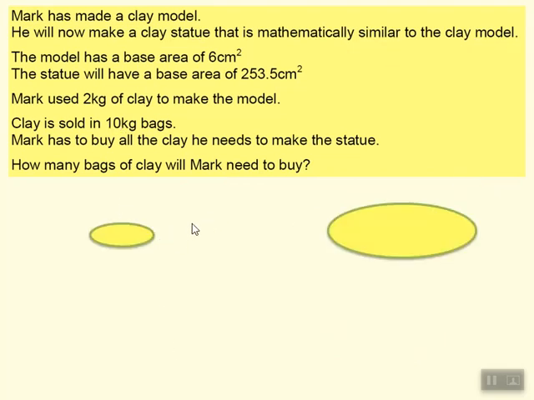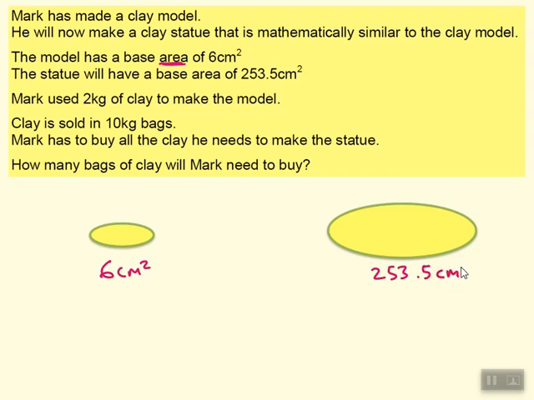Okay, so these are the worked solutions. First of all, I'm going to look at the bases. These are kind of like, let's just pretend they're circular discs or whatever. This is the thing that the statue is going to stand on. So this one's got an area of 6 centimeters squared. Now, the clue is in the word area. And this one's got